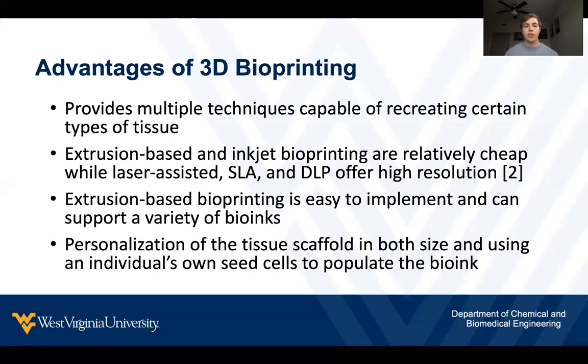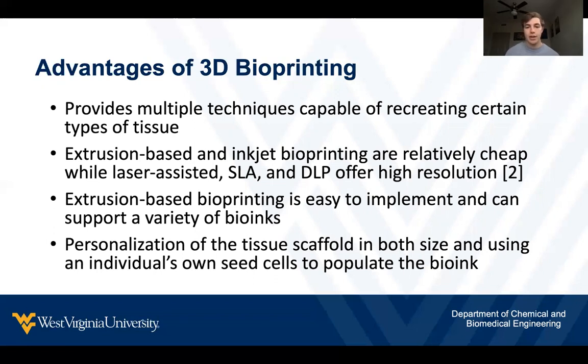Extrusion and inkjet based bioprinting are relatively cheap to implement and have been more common, while laser-assisted, SLA and DLP, the vat polymerization techniques, offer really high resolution, so you can make very detailed tissue. Extrusion-based bioprinting, like I said, is easy to implement, and it can support a wide variety of bioinks and